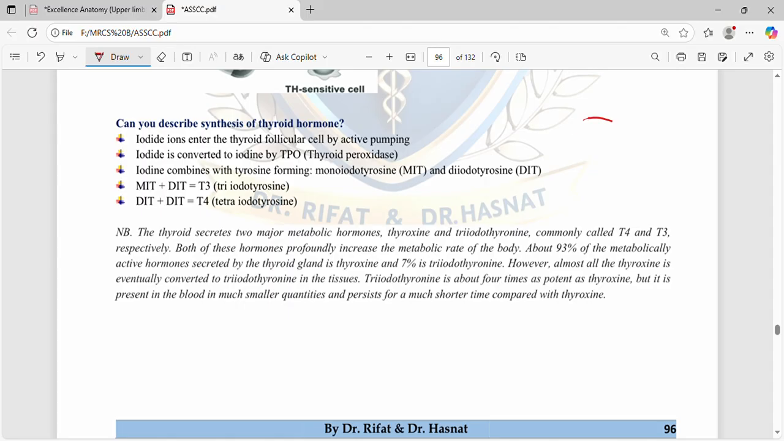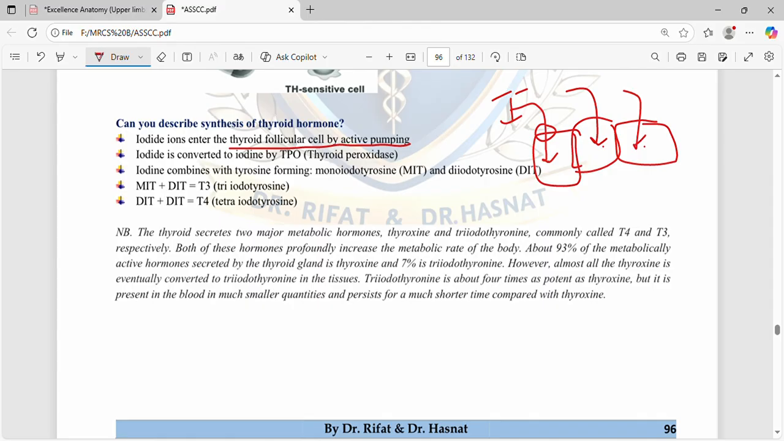So let's suppose these are the thyroid follicles, and we have the thyroid follicle. So iodide enters the thyroid follicle cell by active pumping. So here is the pump. So this iodide will go inside the cell. Okay, iodide is converted into iodine by the thyroid peroxidase. So thyroid peroxidase converts the iodide into iodine. Remove this negative charge, this will be your iodine. Iodine usually remains in I2 state, but